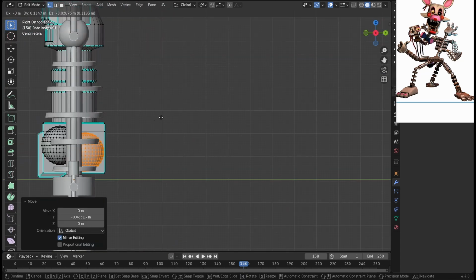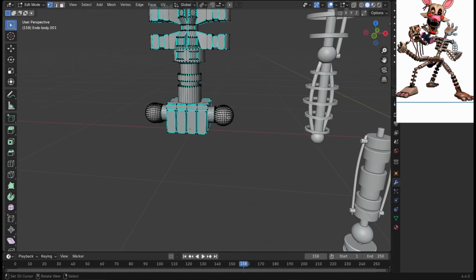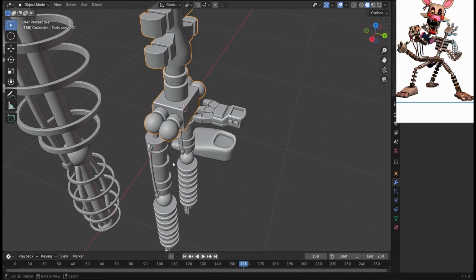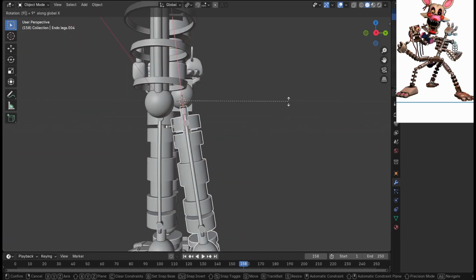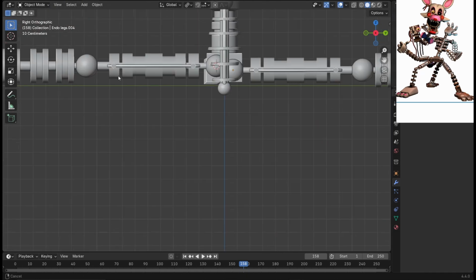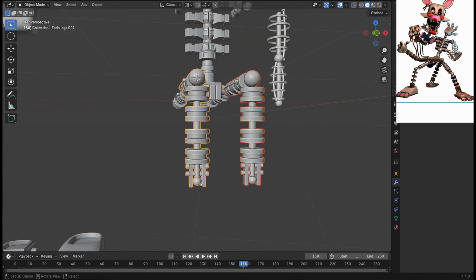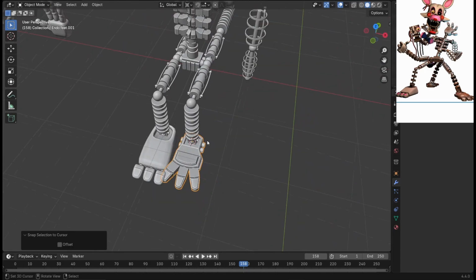Now that your pieces are done, you can just put origins of the individual objects where the joints would be, and using Shift S you can snap the cursor where you need it to be, and then parts to that cursor. But before that, you first need to